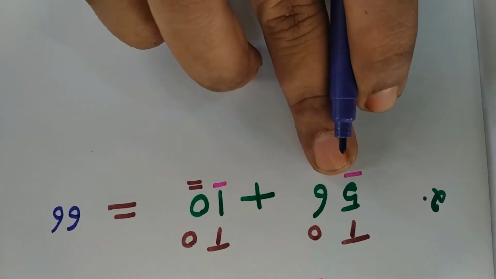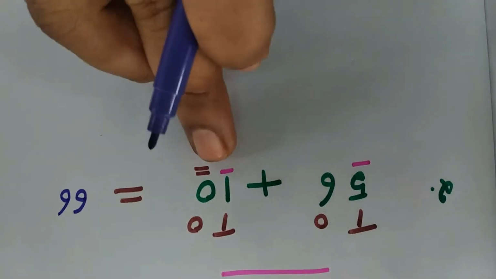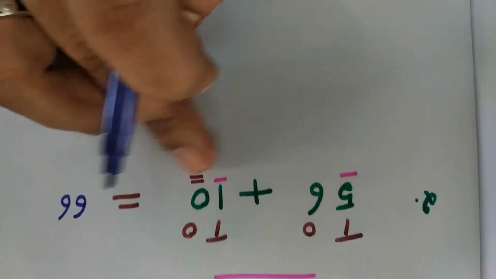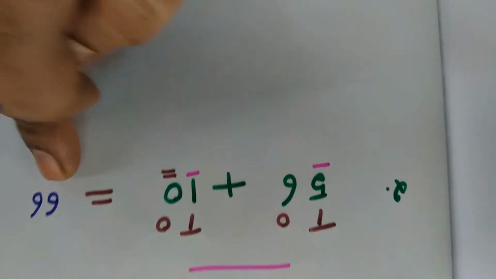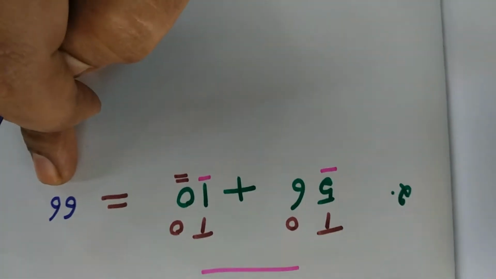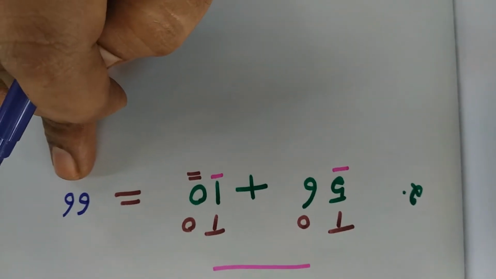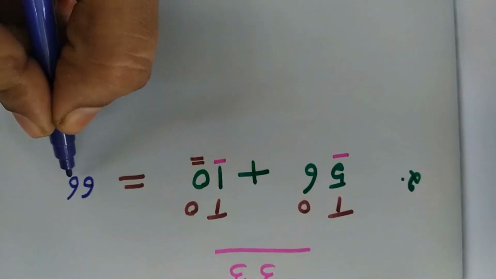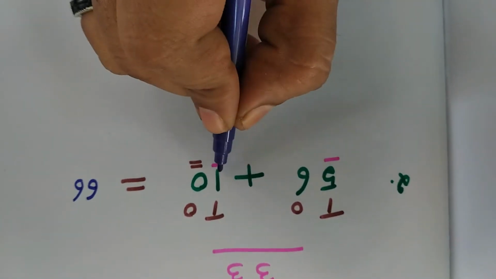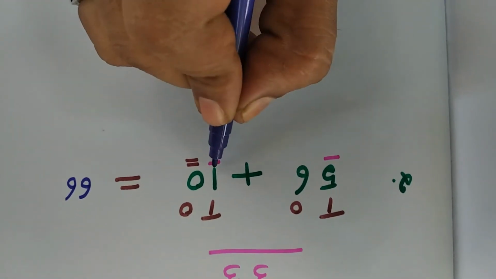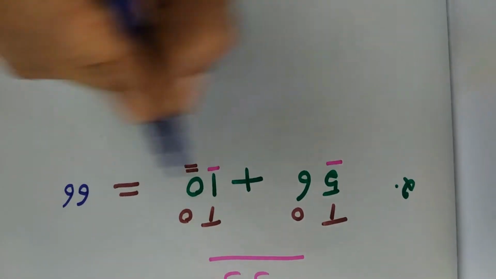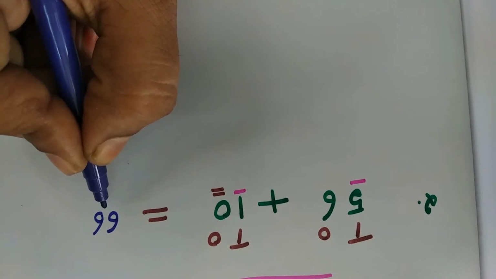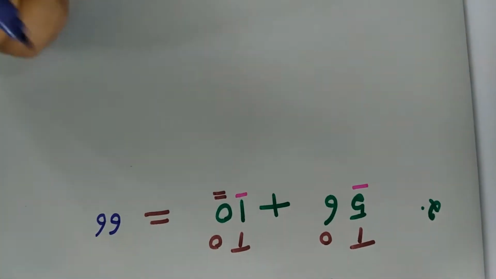Okay, 56 is the number they have given. We have added the number 10. So 56 plus 10, what is the answer we got? 66. Okay, in which place did the number change? See, ones place we have the same number, but tens place alone we have added one more, isn't it? So 5 plus 1, 6 we got. So we got the answer 66.